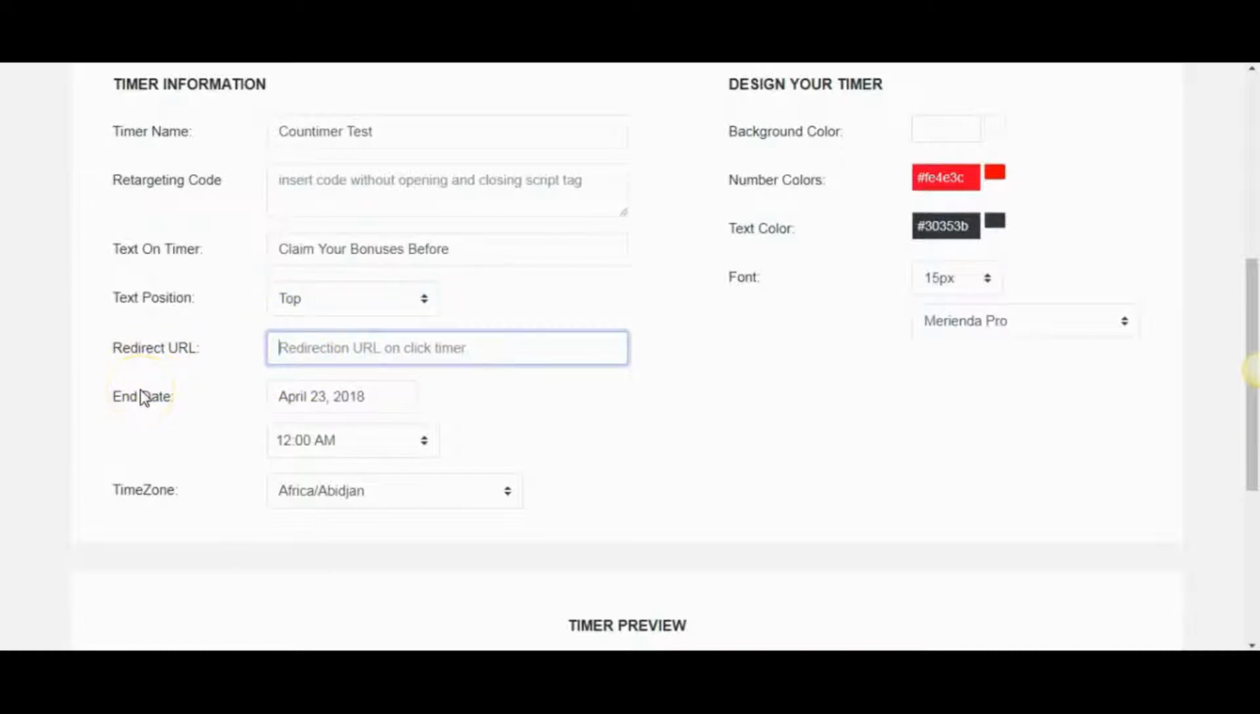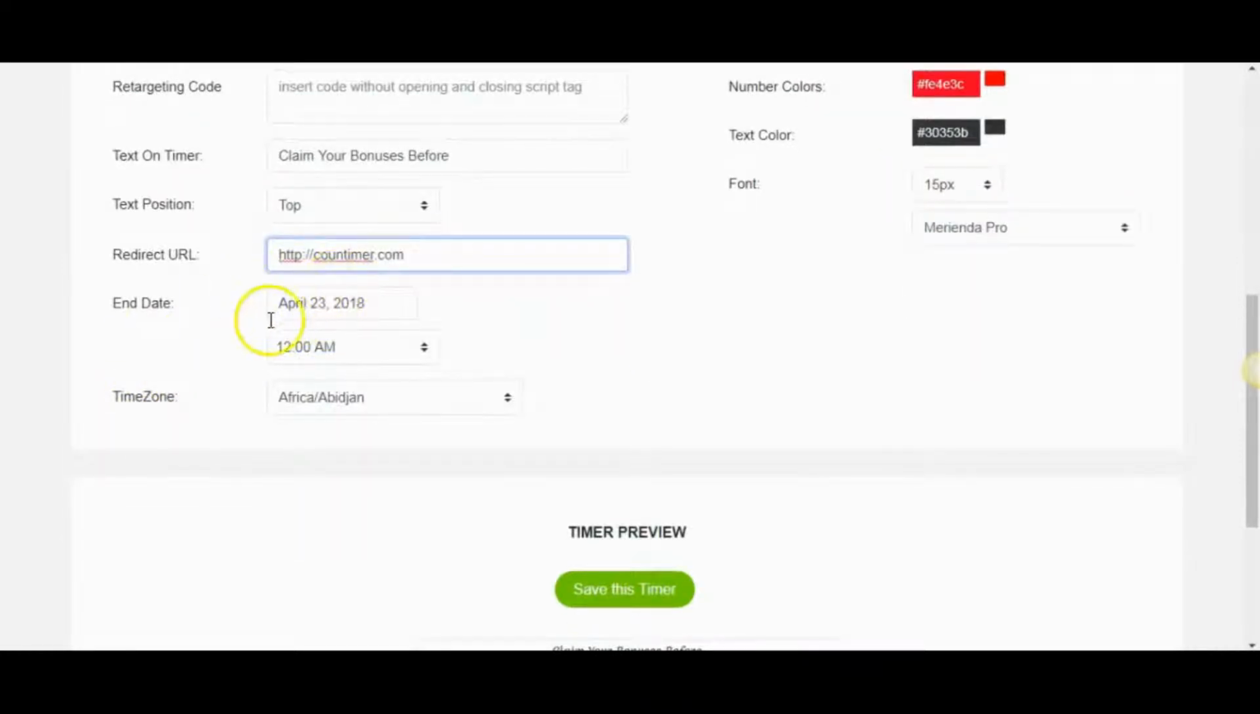And then the redirection URL, this is where you need to put your link, which is where you want to direct the people who click on your timer. So for example, HTTP, and you have to put the full address. Okay, I'm going to say counttimer.com, and the end date, of course,